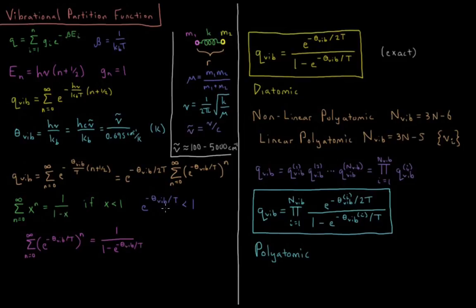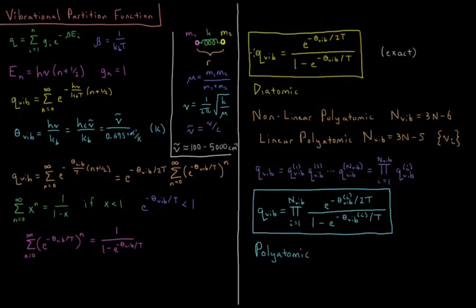So typically what we're going to see here is some e to the minus positive number, which is 1 over e to a positive number, which is going to be less than 1 for all values of T and all values of theta vib. So the sum from n equals 0 to infinity of e to the minus theta v over T to the n is equal to 1 over 1 minus e to the minus theta v over T. So we take that sum and then we multiply it times the part that we factored out here,